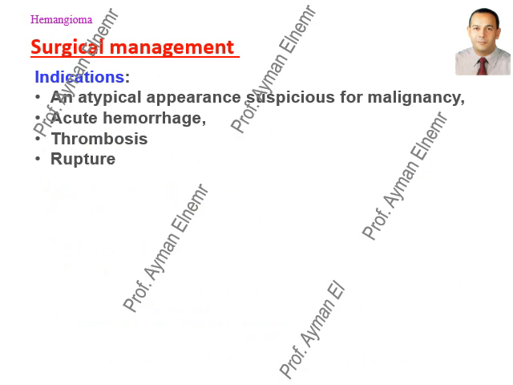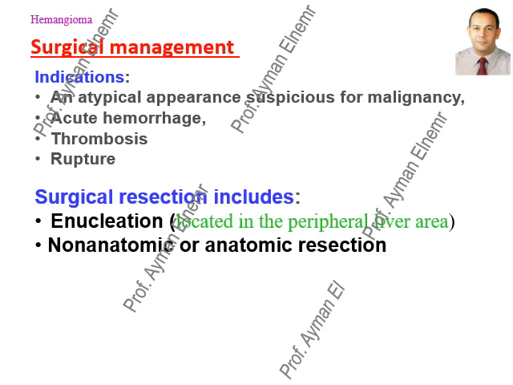Surgical management is indicated for cases with atypical appearance suspicious for malignancy or acute hemorrhage or thrombosis or rupture. The surgical resection is curative and long-term outcomes of all patients remain excellent, and this includes enucleation or non-anatomic or